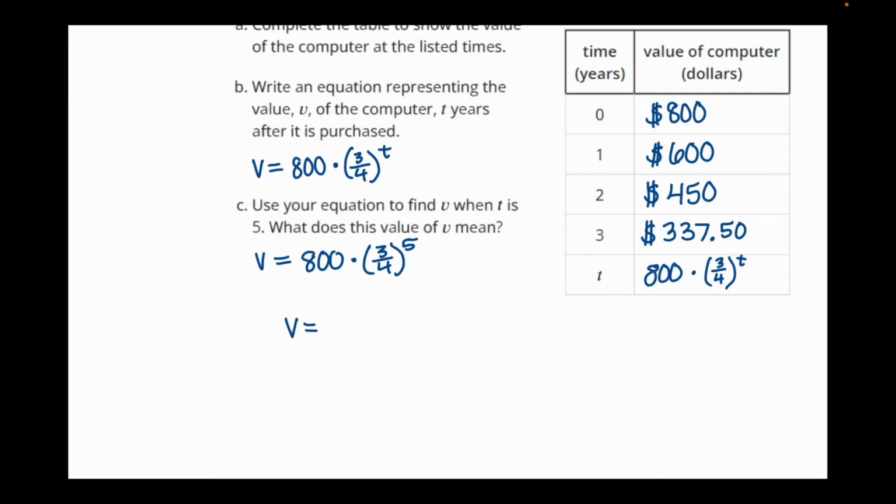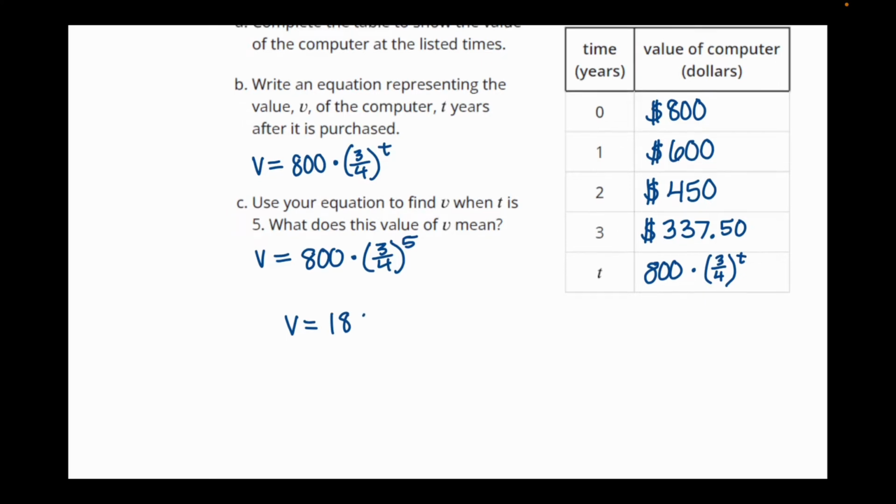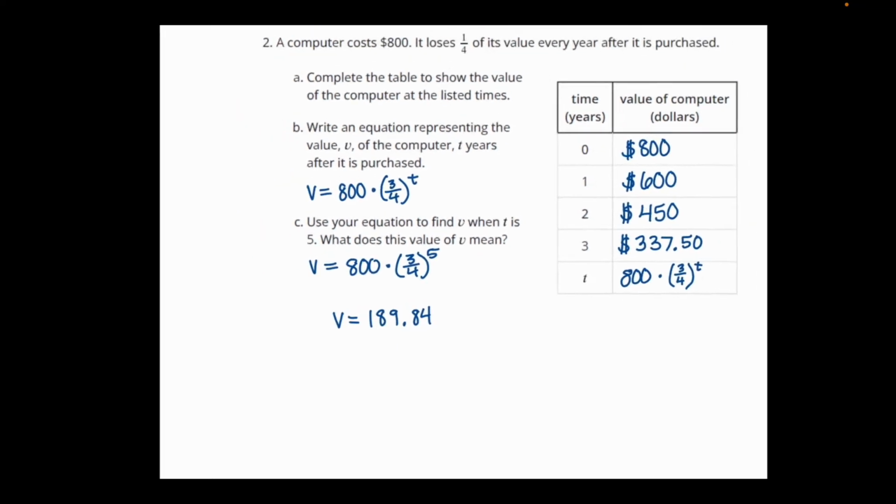This is going to come out to around 180. I'm going to round it to the nearest cent. So 189.84. So what does this mean? Because this is a price, or a V, for the value of a computer, how much it's worth. So this means that